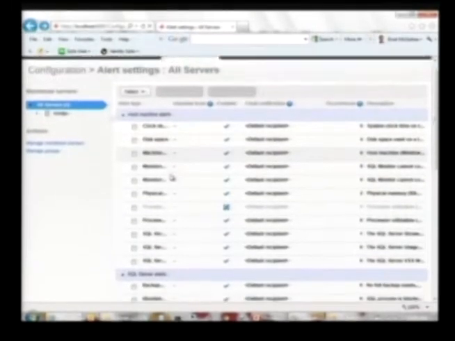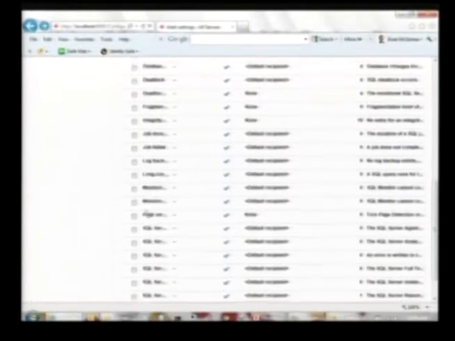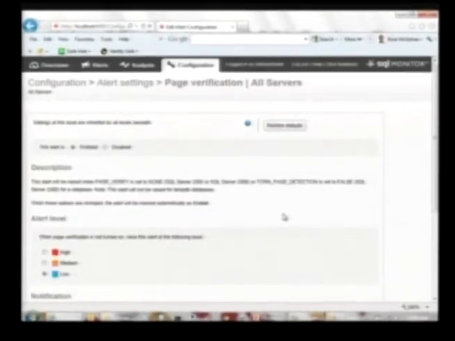And another one, which is sort of related to what I'm talking about, I want to mention it because it is kind of important. Even if it's not directly related, it's sort of related to this topic, and it's called page verification. I think most of you know that every database has a page verification setting that can either be nothing, checksum, or torn page. You've all probably seen that.